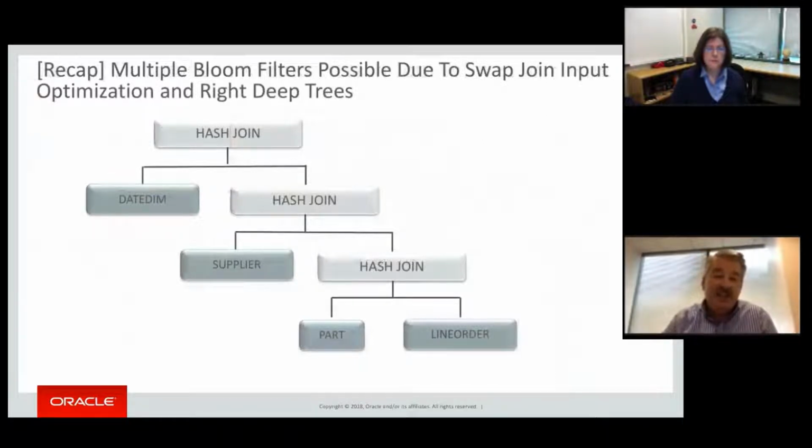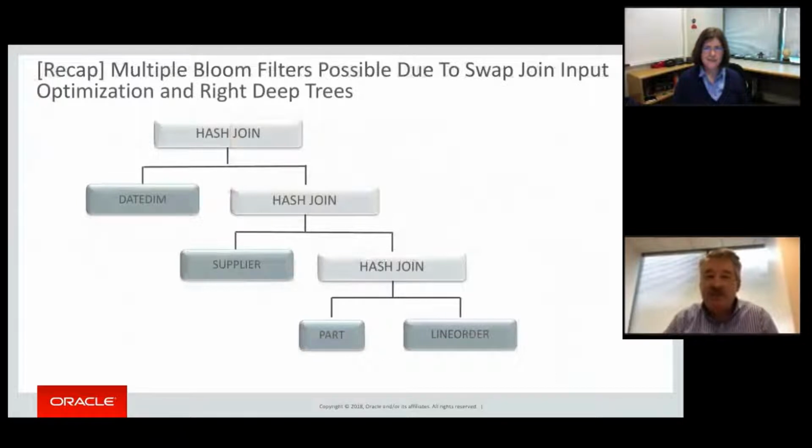The takeaway here is that if we have multiple, say, dimension tables, maybe a star query, so we have date, dim, supplier, and part as our smaller dimension type tables, we still have our line order fact table, we can actually do something, it's not magical, but it's computer science relational theory, and we can